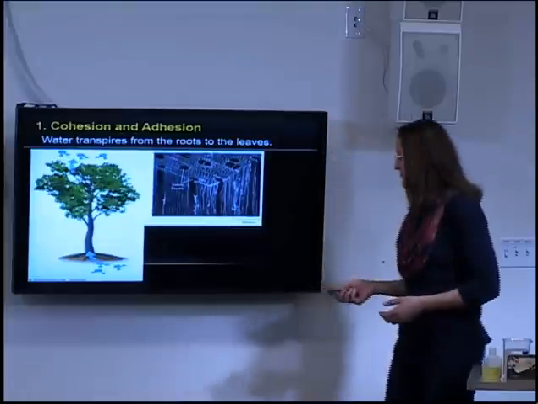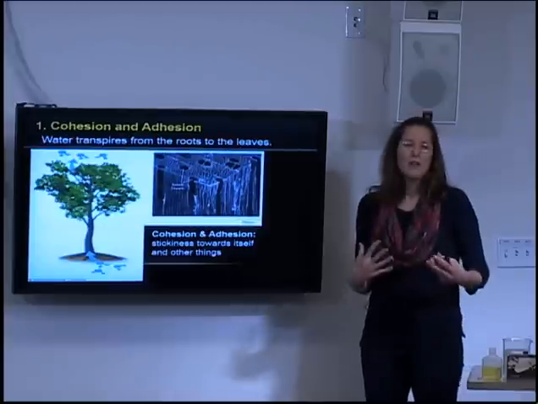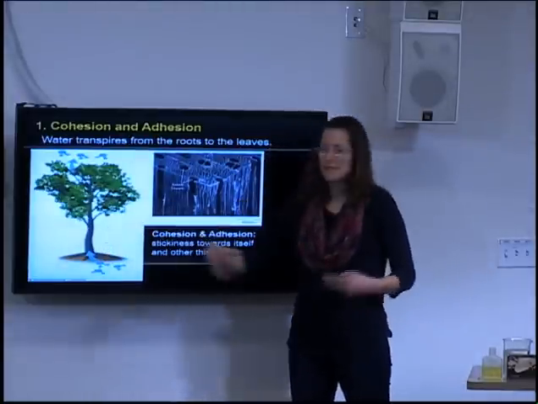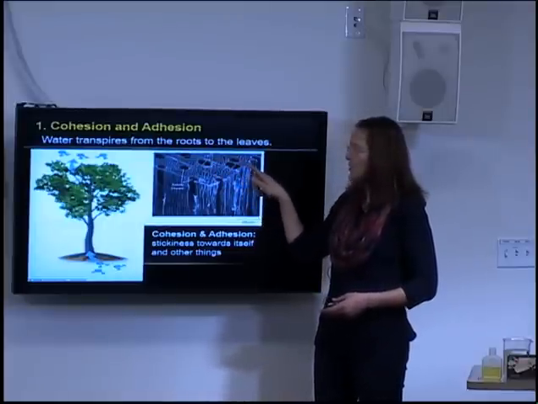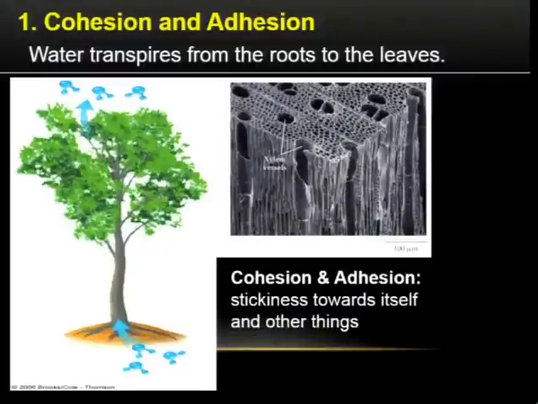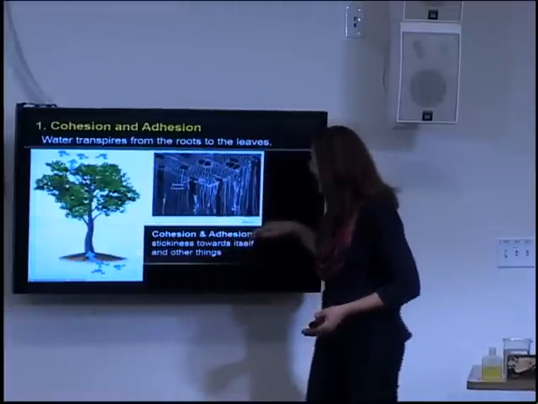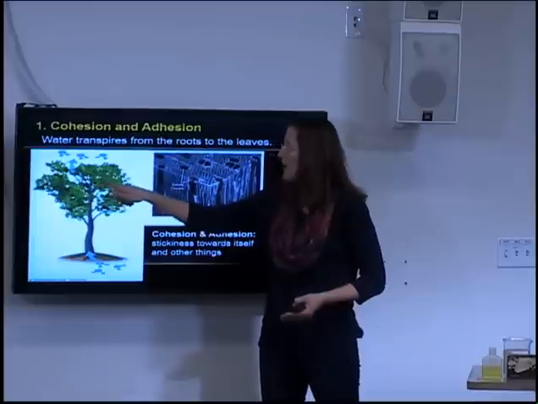Water is sticky. So cohesion and adhesion, stickiness towards itself and other things. So here's how this works. Inside of a stem or a trunk of a plant, what you have are these tubes. And these tubes are what water and nutrients move up through. So water, when you water your plants, you water at the roots, water deeply at the roots, right? And water will move up, and it will actually move through these straws all the way up and then out